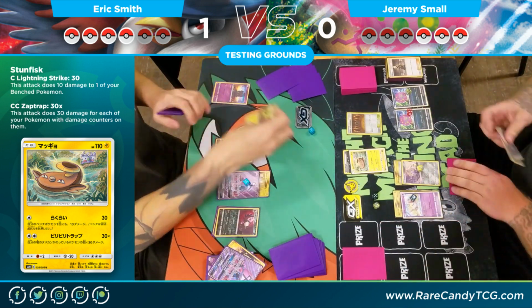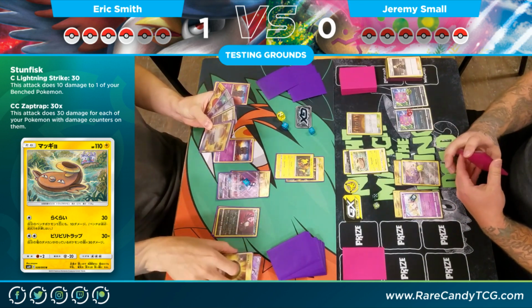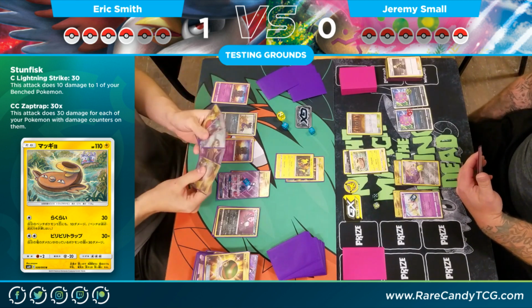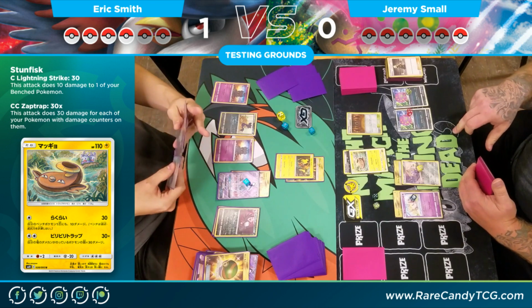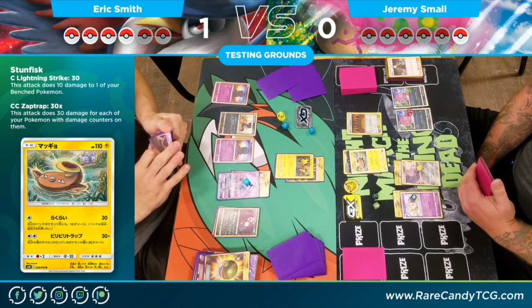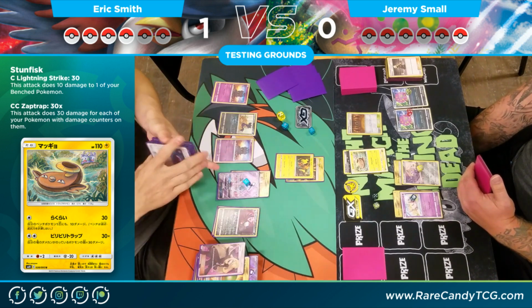So here he is going to take a knockout with Stunfisk thanks to that Electro Power that he used. And now I'm going to play Nest Ball, fail it. Let's see, going to bench a Murkrow. Have a Crushing Hammer. I do need to get that down, that is for sure. I need to try to get rid of this double colorless energy because actually I don't think I can take a knockout this turn, even with the...